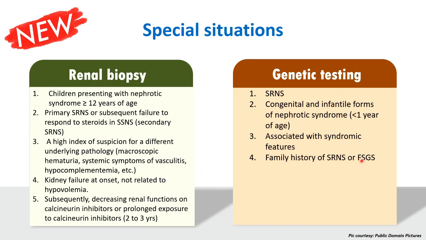of SRNS or FSGS. Genetic testing basically helps in identifying monogenic forms which are unlikely to respond to immunosuppression, and it is basically a part of precision medicine because it would avoid unnecessary drug exposure to the patient and unnecessary development of toxicity, and it would guide transplant planning, and the recurrence risk is low in monogenic nephrotic syndrome as would be indicated by genetic testing.